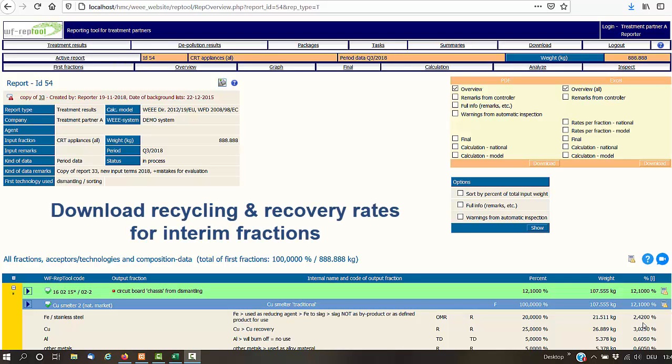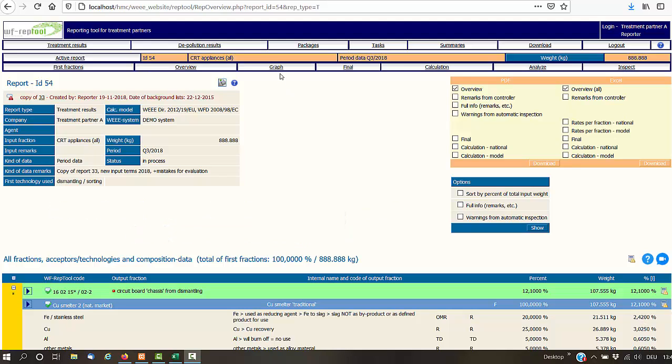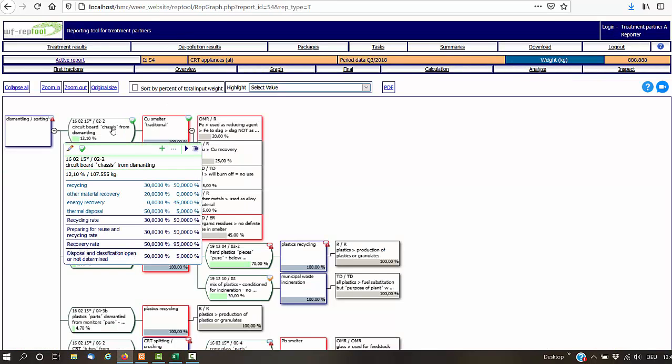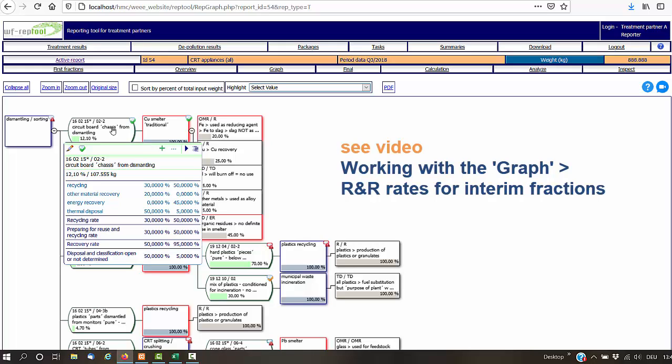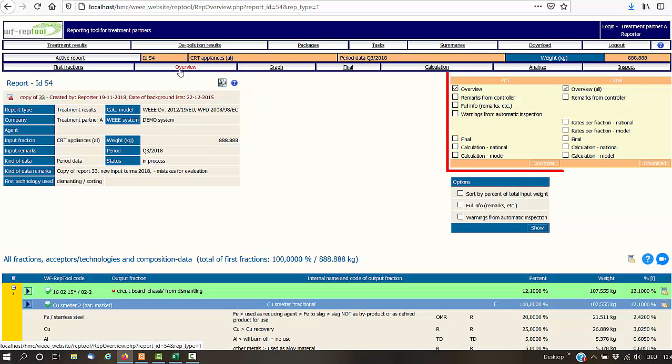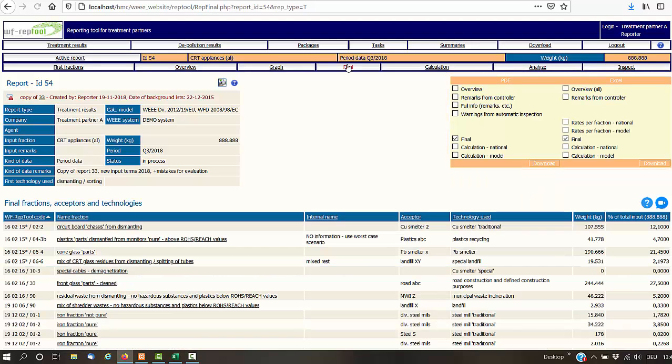Option to download the recycling and recovery rates for interim fractions. Besides the option to see the recycling and recovery rates in the graph, please see a separate video on this. You may now download these data in an Excel file. You will find this download option at all report views with the download option, at the overview, in final, or